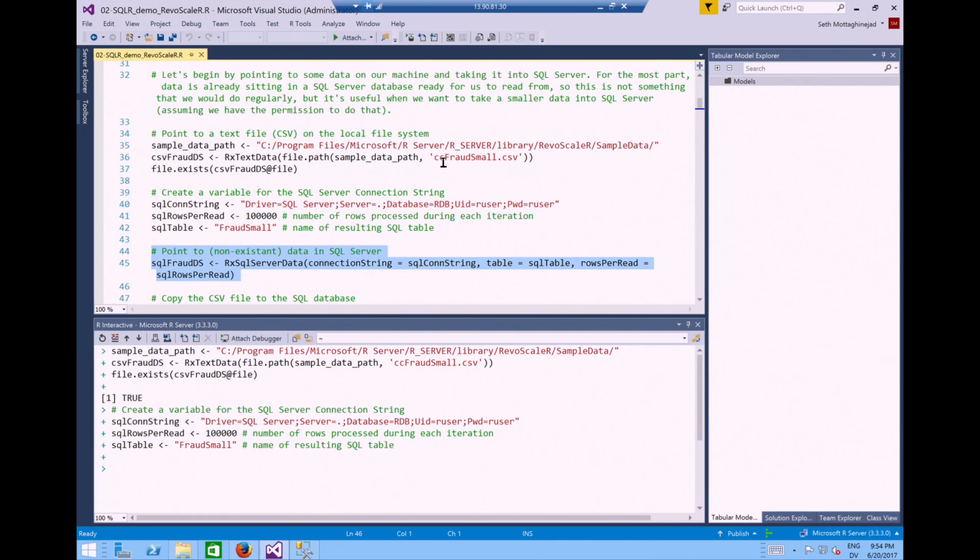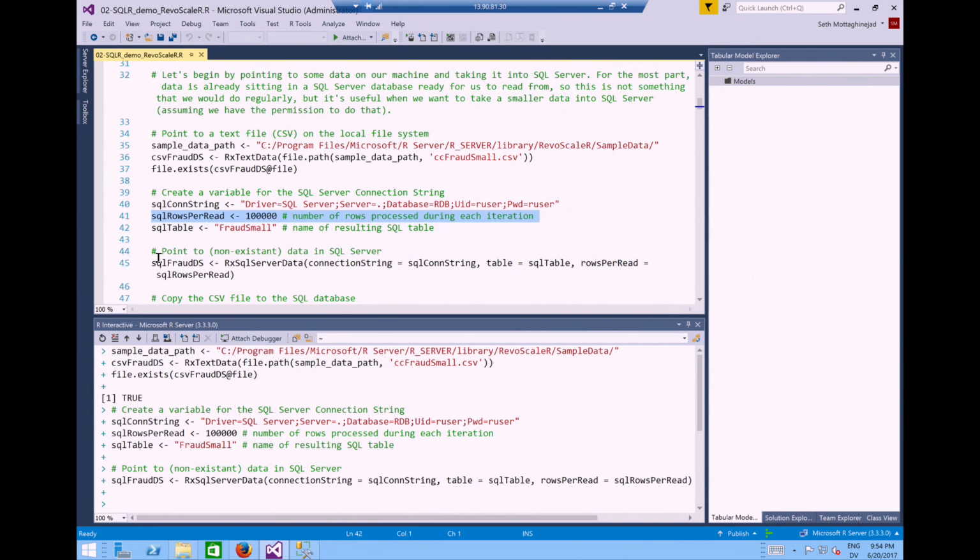And in this line that I've selected, I am pointing to some data in SQL. Right? So from the R end, this is how we can point to data in SQL. There is a function called rxSqlServerData, and you just give it the connection string, the name of the table, and then there's this useful thing here called rows per read. This is because Microsoft R Server functions are distributed.